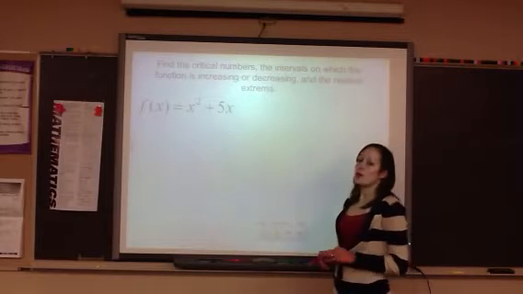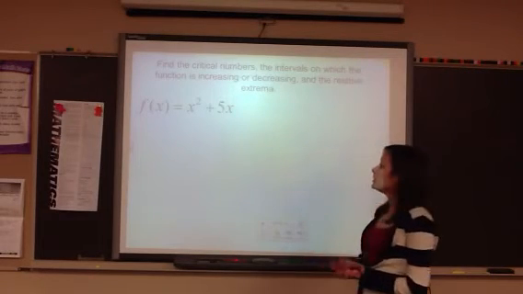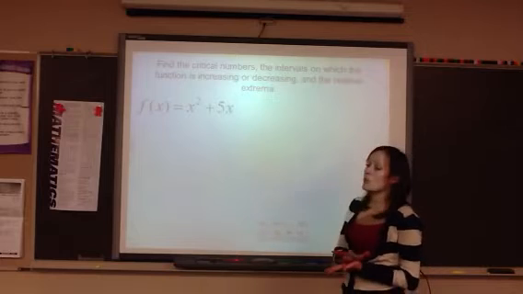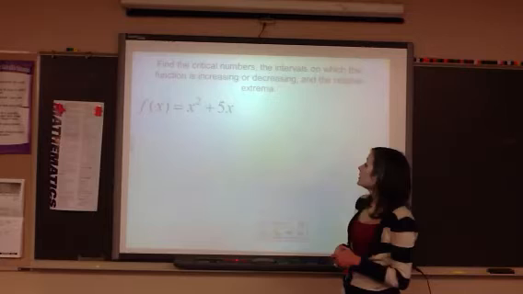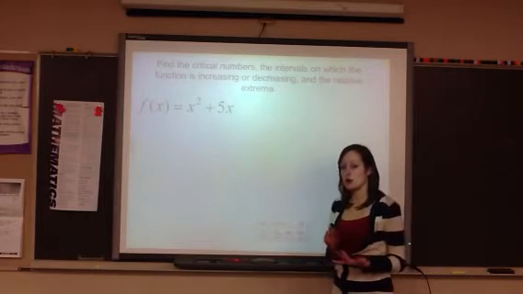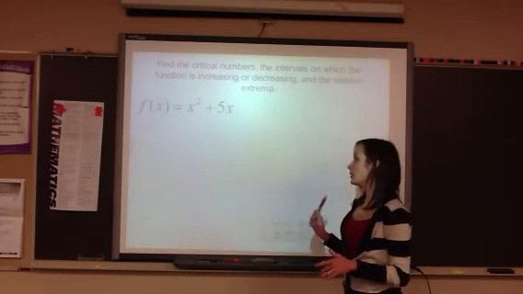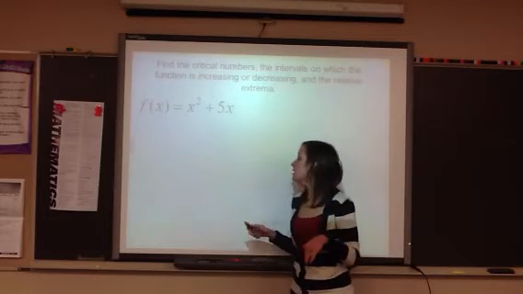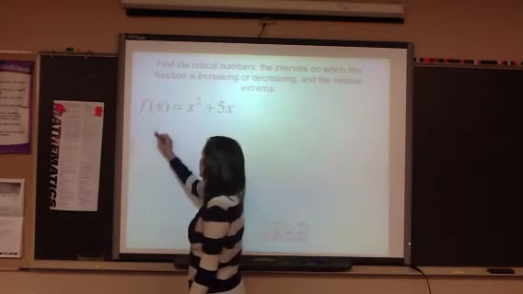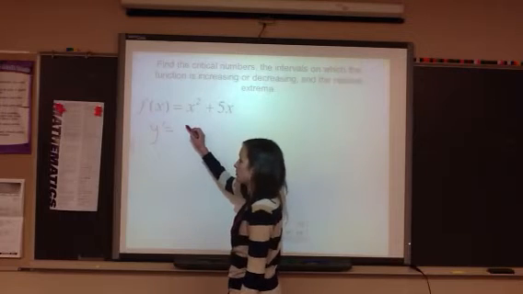So, for our first example, we're going to find the critical numbers. We're going to state where our graph is increasing and where it's decreasing. And we're going to state if it's a relative minimum or a relative maximum. So on your own, pause the video, find the critical numbers because you know how to do that. So to find the critical number, you find the first derivative,